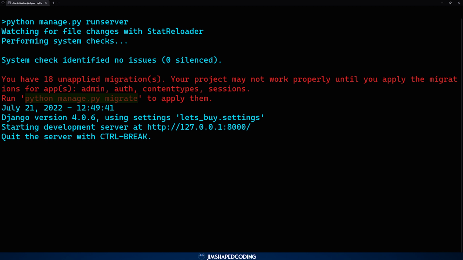So that's why, before even thinking about the migration of the product model, we first need to apply the migrations that Django prepared for us by default from the very beginning. So let's go ahead and do that first. And as a follow-up, we will also apply our own model to the database, like we will do our own migration. Okay, so if we get out of this application with Ctrl C, then we can basically run python manage.py